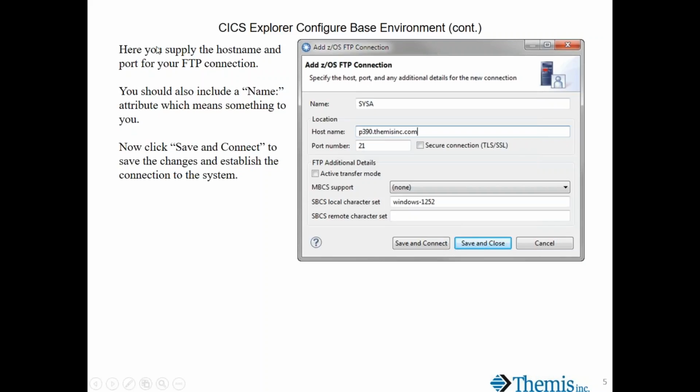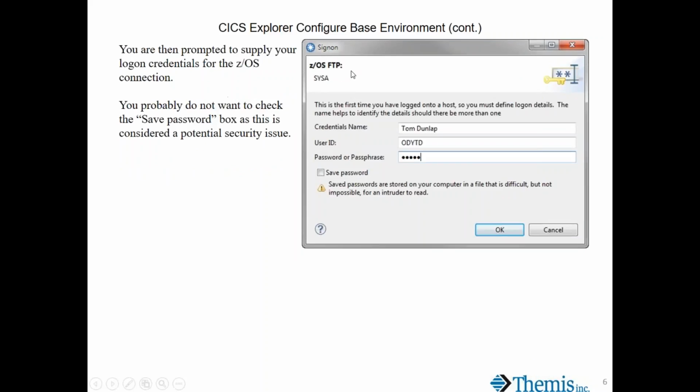You can be behind your firewalls if you so desire, not a problem. And of course we click Save and Connect. Okay, and that will go out and establish the session. If it is able to communicate, in other words, it gets to the server, you'll see this pop up next,